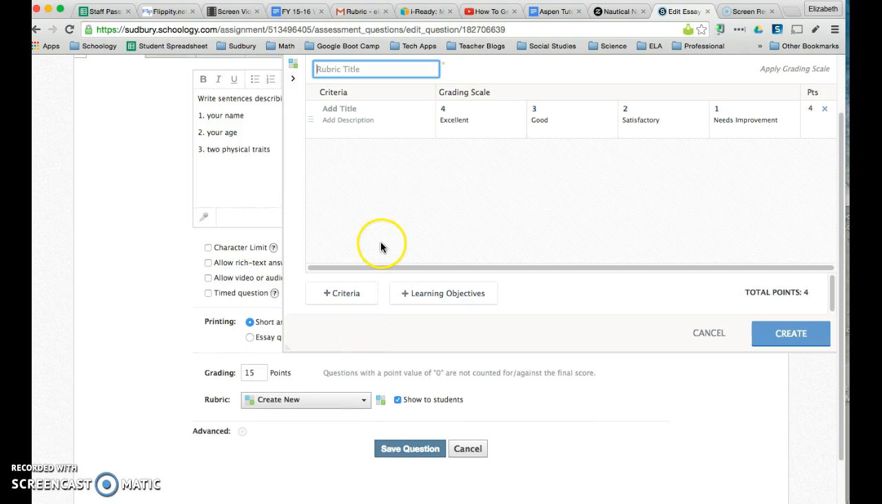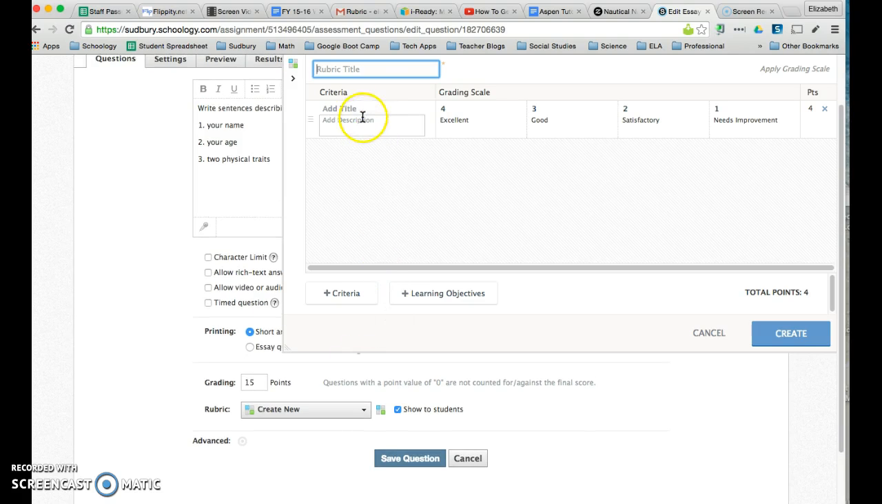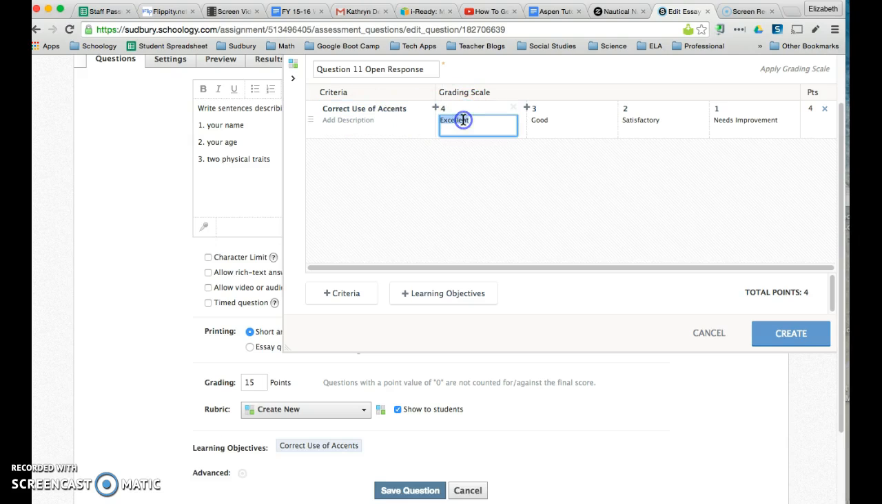At this point, you can see that you have the options to add multiple criteria, multiple learning objectives, and you can customize it however you want. So here you would put your title. This one might be correct use of accents. You could change these to be